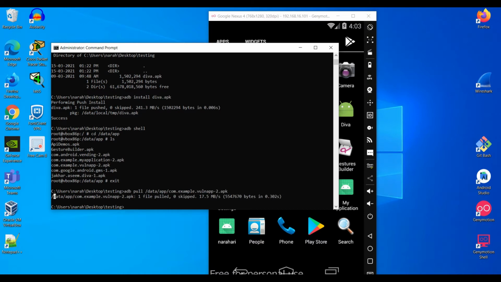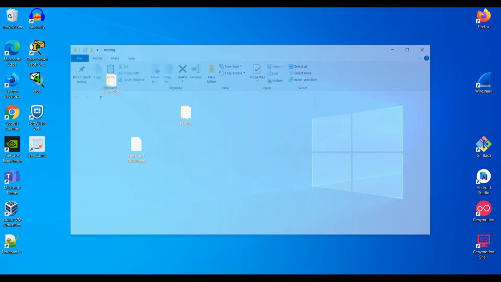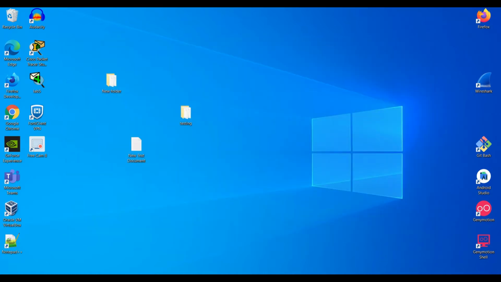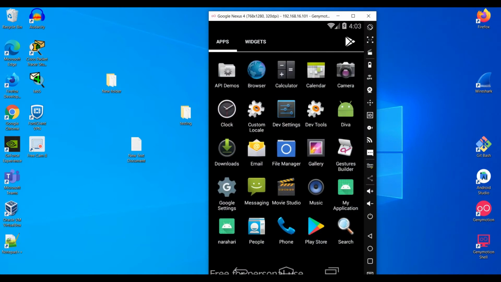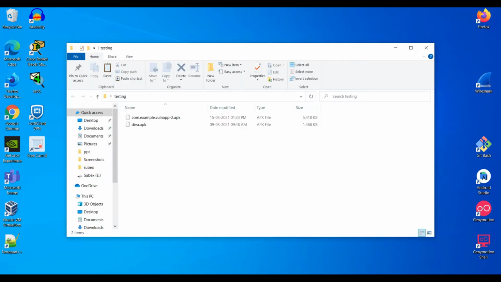Yeah, now you can see this has been downloaded successfully. Let's verify whether it has been downloaded or not. Yeah, you can see here we have downloaded this application. Another way is you can get the application directly from the device, or from the Play Store or any third party APK site or something like that. For now we will delete this, we don't require it.